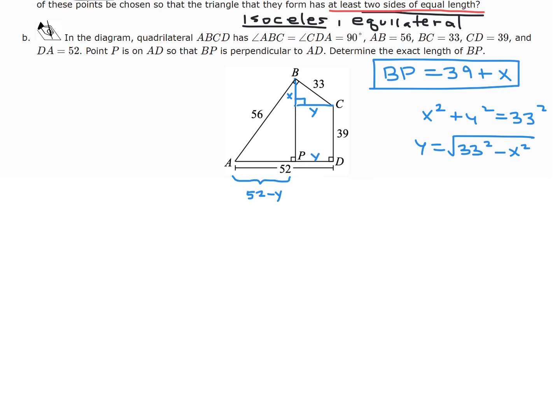Let's see here. I guess I can do the triangle BPA, and in that 56 squared would be equal to 52 minus y squared plus BP squared, right? That's a pretty good start. And then I can substitute for y this guy. That way I can get x into the formula. So 56 squared plus, oops, sorry, not plus, equals